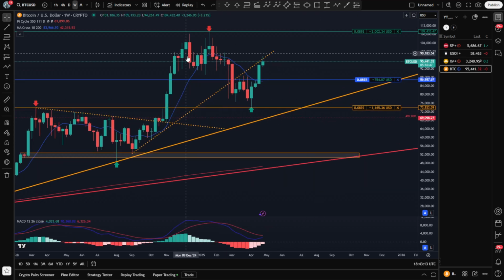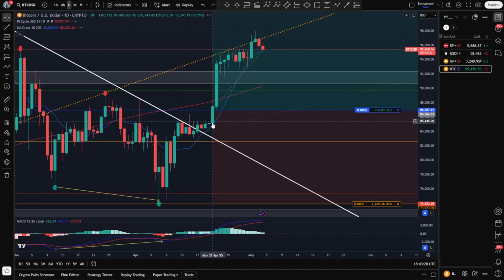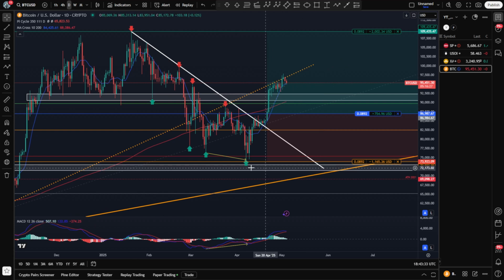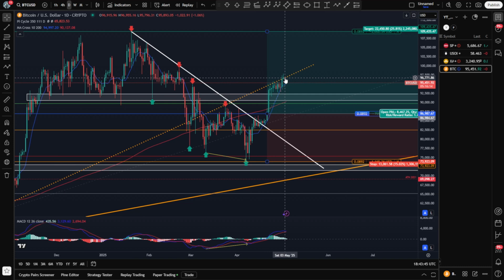And yeah, we can see we broke the 10-week moving average to the upside and are currently retesting this broken uptrend line. If we drop one time frame lower to the daily time frame, you can see that this white solid daily downtrend line got cleanly broken to the upside in combination with this massive support and resistance zone on the daily, and we are currently above that comfortably.